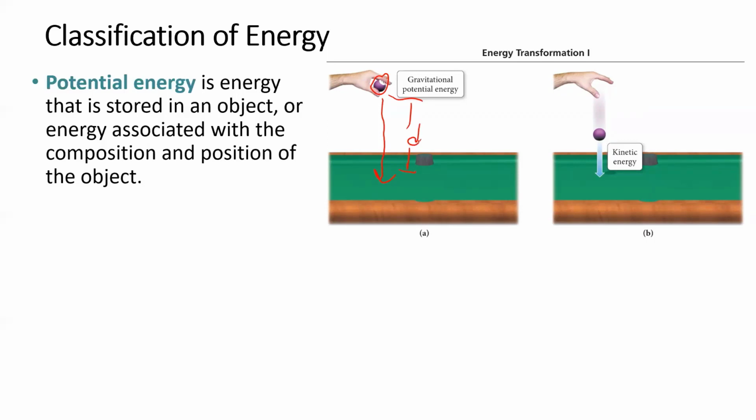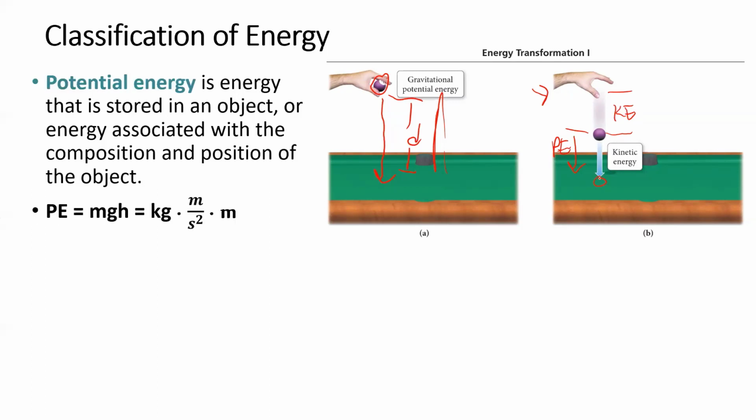And as you release the ball, some of that potential energy is converted. So from here, I had this much distance. If I look over here on this slide, now half of that distance has been converted to kinetic energy when I let go. And then I still have this much potential energy in this frame, but we'll see as more of the potential energy is transformed to kinetic, it'll eventually hit the ground and there will be no more potential energy because there's no more distance.